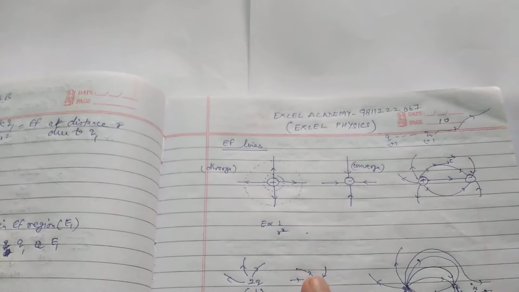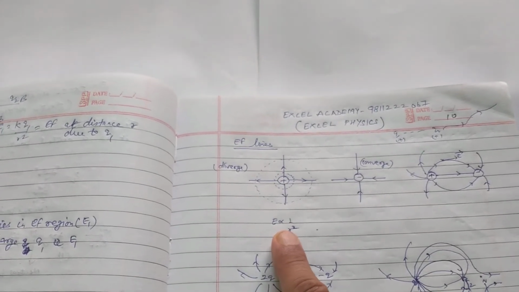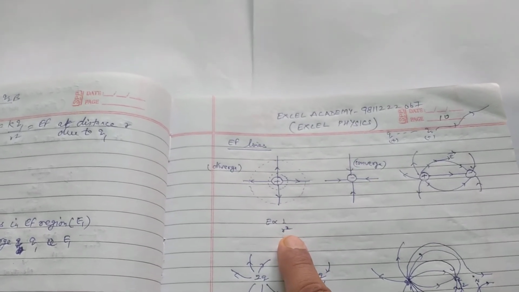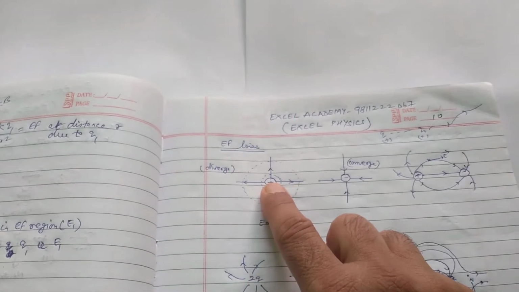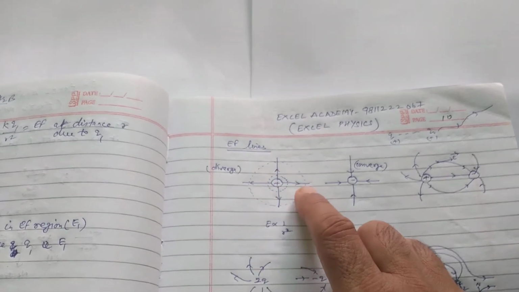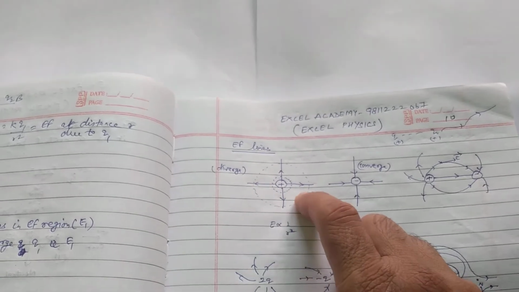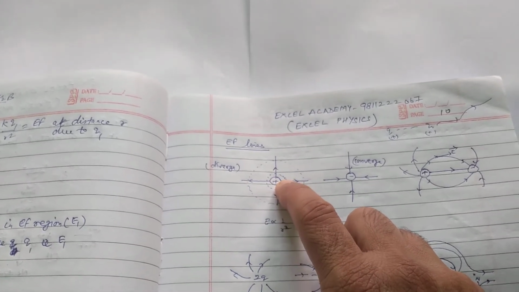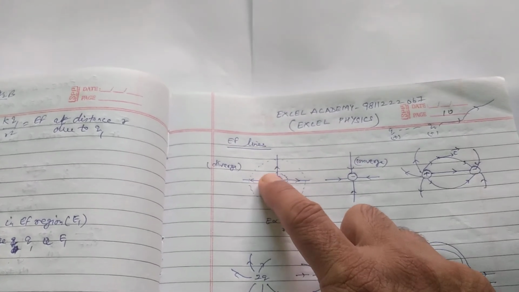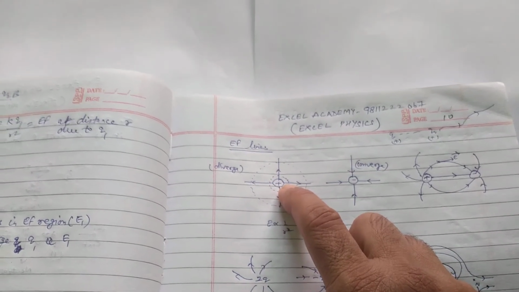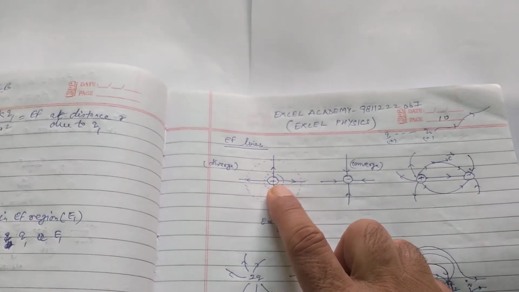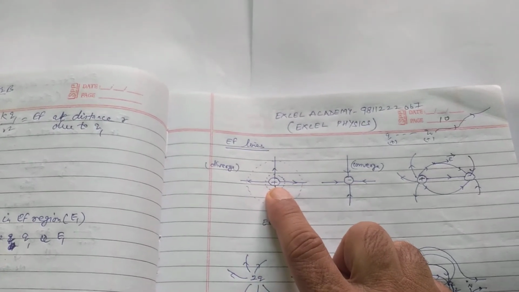And since we know that E is proportional to Q and inversely proportional to the square of the distance. This is the source charge, and at this point this region is very close and this region is very far. So this distance is smaller. So it means that the electric field strength closer to this source charge will be larger in magnitude in comparison to the far end. So how can you think of this in the case of electric field lines?